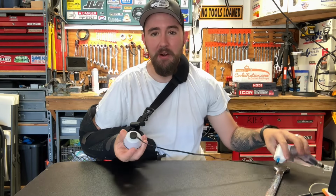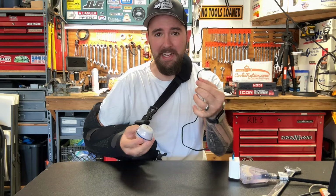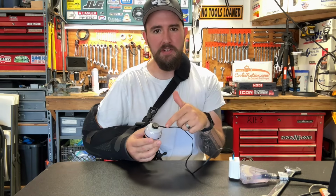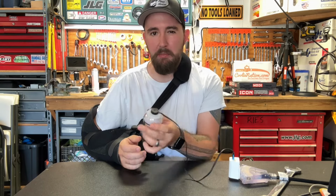Once you just slap it on there, it just works. So yeah, it's literally that easy. It's just this little magnetic puck. It slaps right onto this thing, and then the outer ring of this changes colors. It's red whenever it's charging, and it'll turn green when it's fully charged. I know this is kind of difficult for you to see, but I'll bring you in and show you better